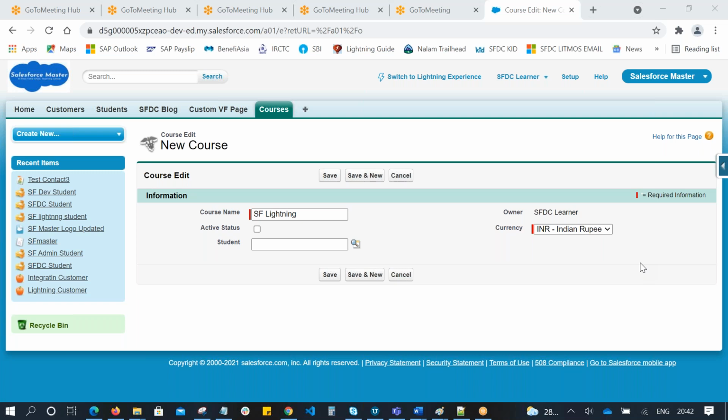Okay, the other way around, we can build it the other way around. You can take the course as a parent and student as a child. Which one you want to maintain as parent and which as child depends on our business model and business requirement. In my case, I want to create a relationship between student and course, so for every course we have to assign a student.